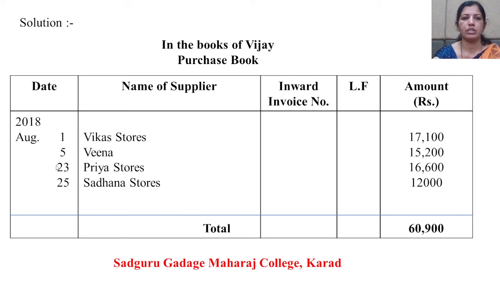See purchase book. Date 23. Name of supplier Priya stores. Value 16,600. Half portion of this transaction is recorded in purchase book and half of the transaction is on a cash basis. That's why it is recorded in a cash book. In this solution, we do not maintain cash book. That's why the half portion is not recorded. Then next,